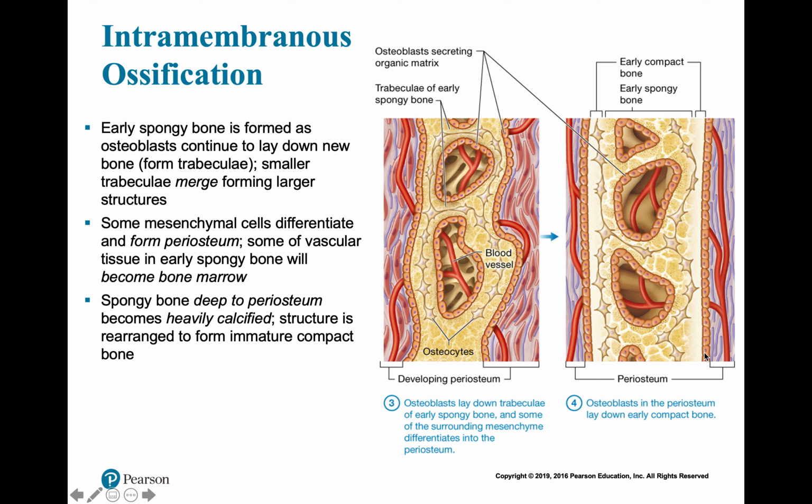And these osteoblasts that are sandwiched in between, next to the periosteum, just keep laying down more and more bone, and that bone becomes compact bone. And that's how compact bone gets on the periphery. And we have our periosteum, our compact bone, and then in the center our spongy bone. So spongy bone forms first around the blood vessels, then that periosteum specializes, and then compact bone gets laid